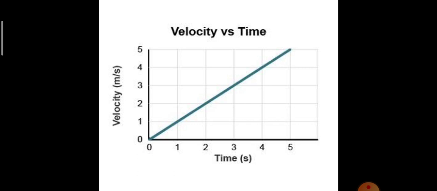Then after that the velocity of the body increases at a constant rate. That's why we are getting a straight line graph. Is it? That is, in every unit interval of time, the velocity of the body increases by an equal amount. Or if you take the slope, you will be getting a constant slope. So we can say that the velocity time graph of a body having uniform motion is a straight line passing through the origin and having a constant slope.